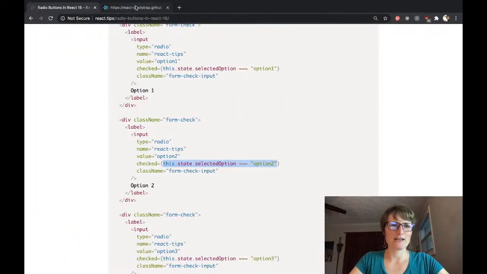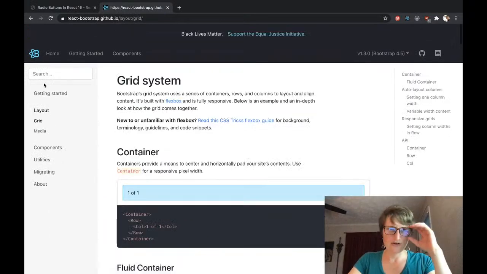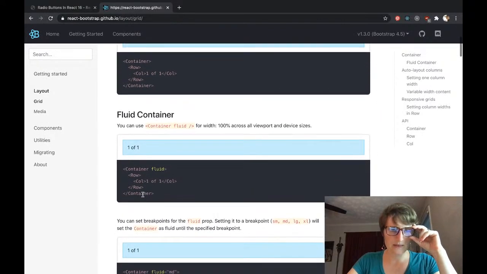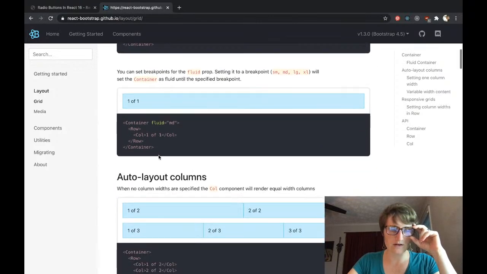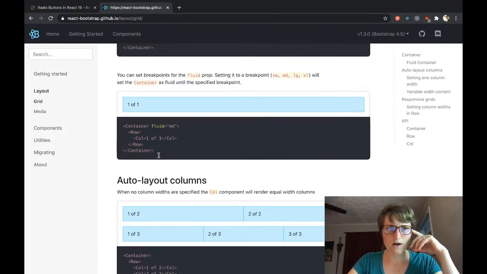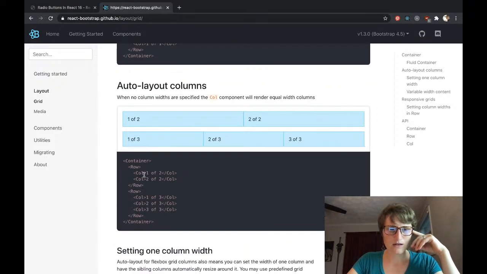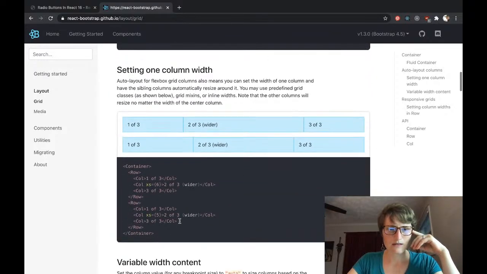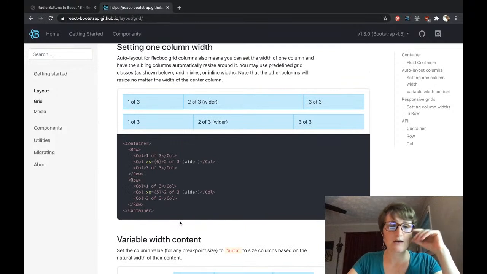Okay, so I'm gonna look at React Bootstrap here and say layout. Shouldn't it be the full width? Yeah, it should be the full width. A row should take the full width of the parent, I believe. So I'm not sure why it's squishing like that, unless there's something different about the,